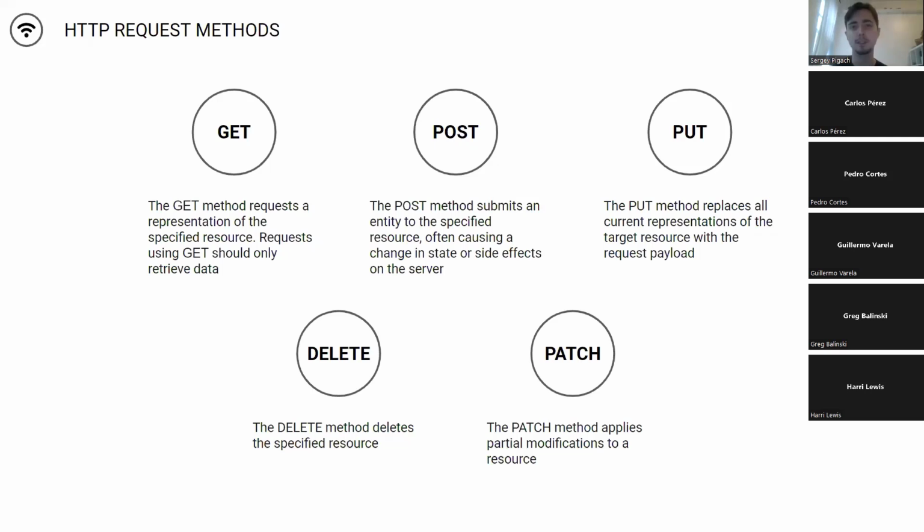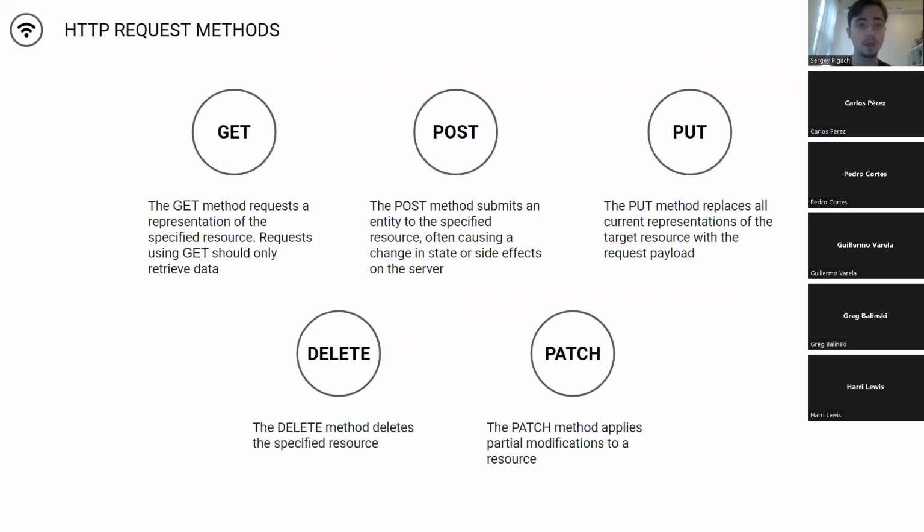It just deletes a resource from a particular URL. And you also have a patch request, which modifies a certain resource. So let's say we have a database and we have some sort of a database object, we can send some fields and some new values to update them in the database. So this is just, very generally, the 5 different HTTP request methods that you might encounter playing around